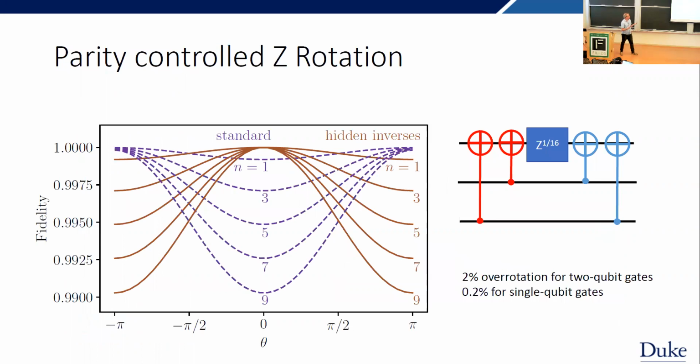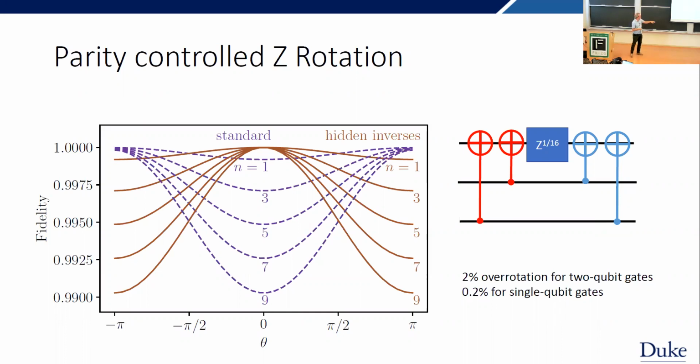And so our idea was, imagine you want to make a giant controlled e to the minus i theta Z Z Z Z Z. So you have a Z rotation, here represented by Z to the 1 over 16. You have this cascade of controlled NOTs. If you were taking your basic quantum mechanics class, you'd say, oh, I have U transforming some other unitary W with U dagger. But somehow when we write it as controlled NOTs, we're just like, oh, it's controlled NOT on this side, controlled NOT on that side.